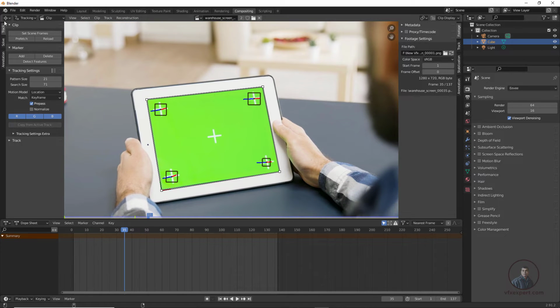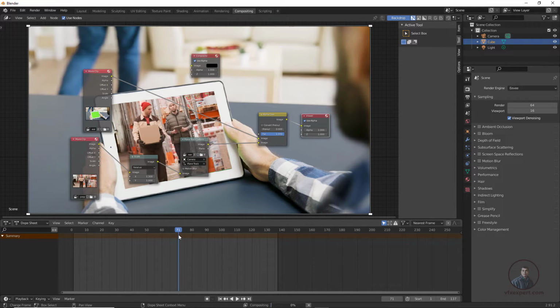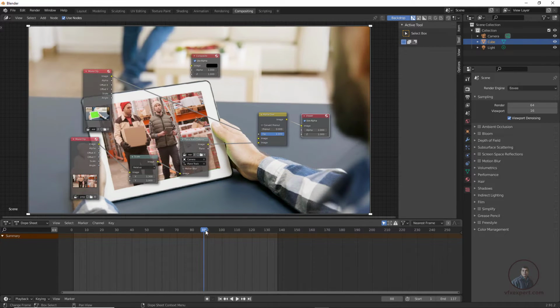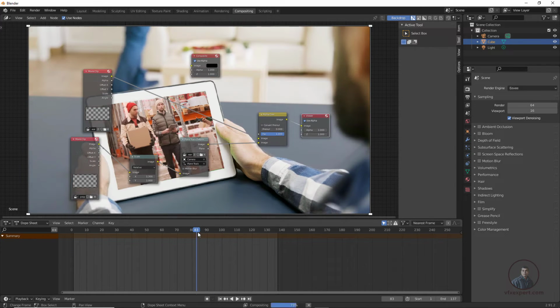So now again come here in our composer. Now it has updated here. Okay, so like that you can update your planar data anytime. So this is looking good here. Then after this, if you want, you can render this shot and check it here. Now this is looking good.